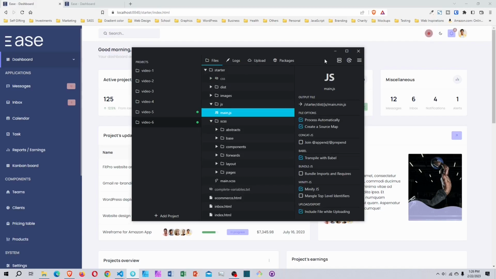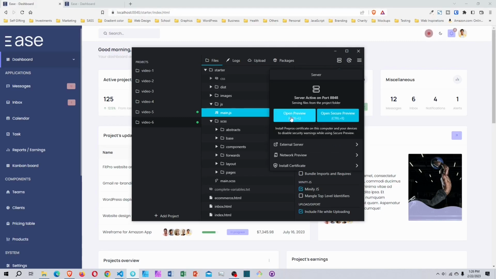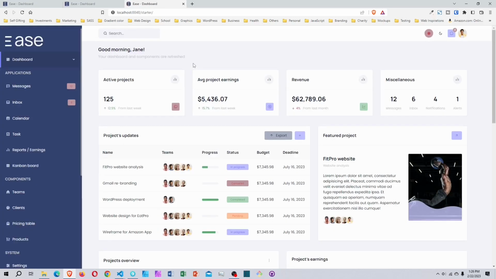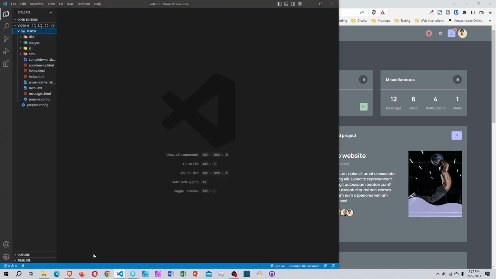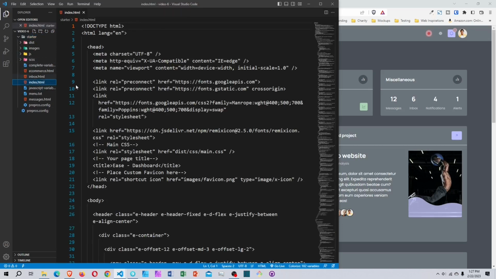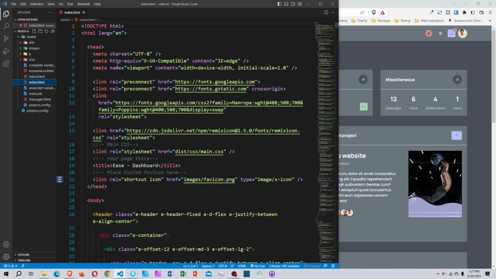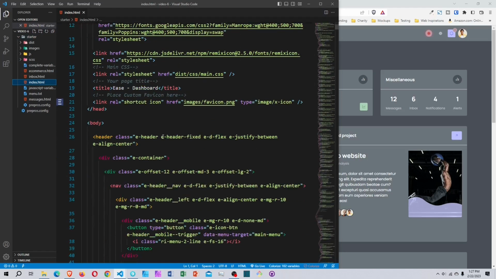And also to view your local server right here, click the server icon and click open preview. Okay, and it should bring you to the folder right here and choose the starter folder like this, and you should have something like this. Now I'm going to be using Visual Studio Code for my code editor, so I have it open right here, my starter folder open right here. I'm going to open the index.html right here. You can open any of them that you want, but I'm going to be opening the index.html right here, and